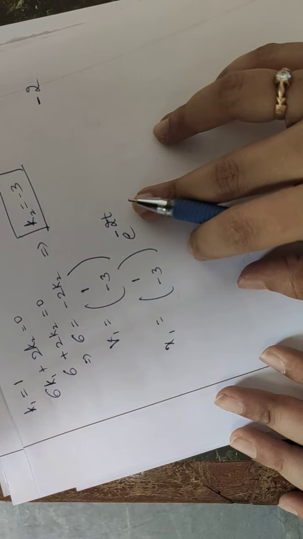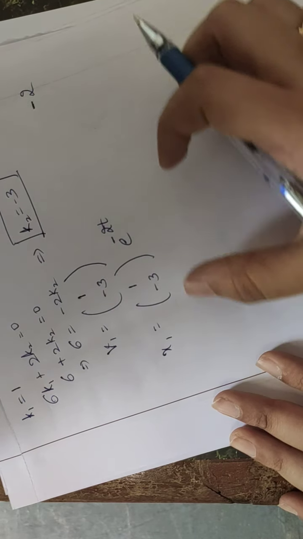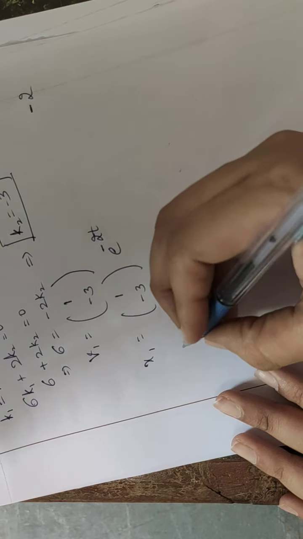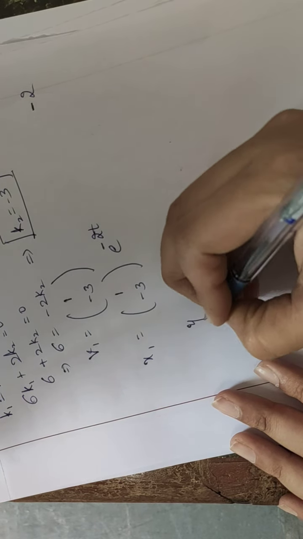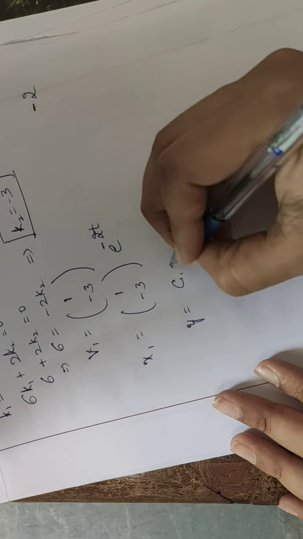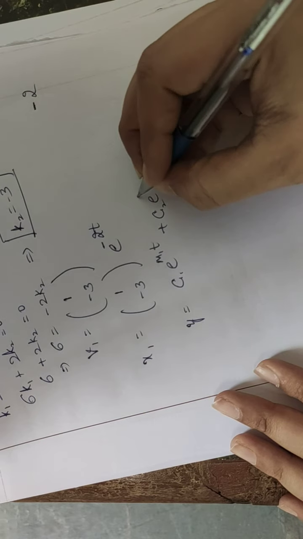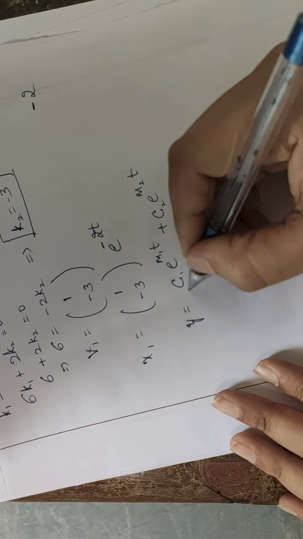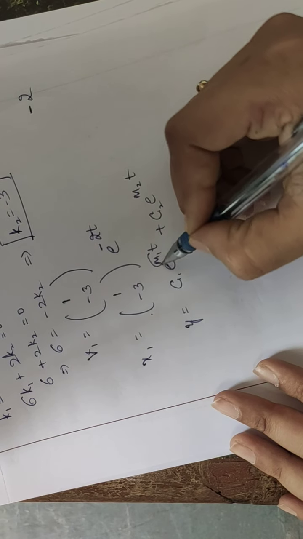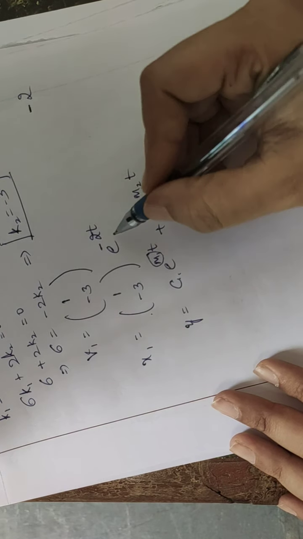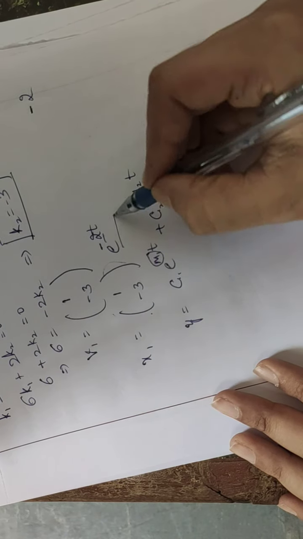Why am I writing it in this form? Because we already know that if you get different eigenvalues, the solution will be in that form only. That is how we write complementary functions. So y is equal to c1 e power m1t plus c2 e power m2t. Here c1 multiplies my eigenvector, and e power m1t is nothing but my eigenvalue. The eigenvalue is minus 2. So eigenvector into e power eigenvalue t.